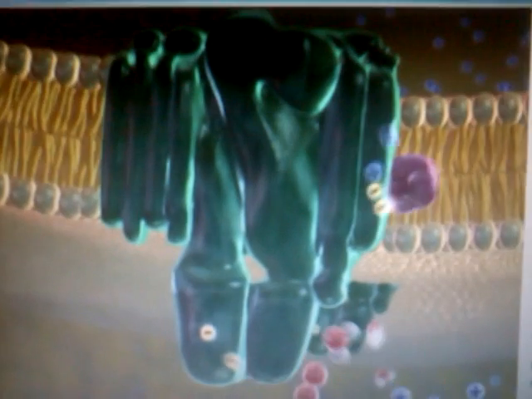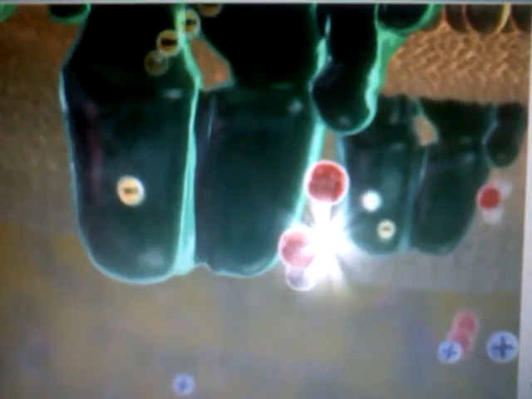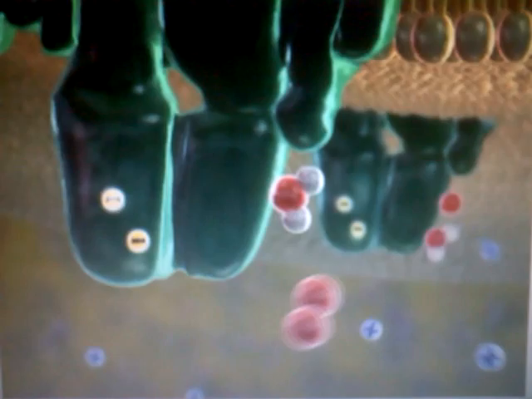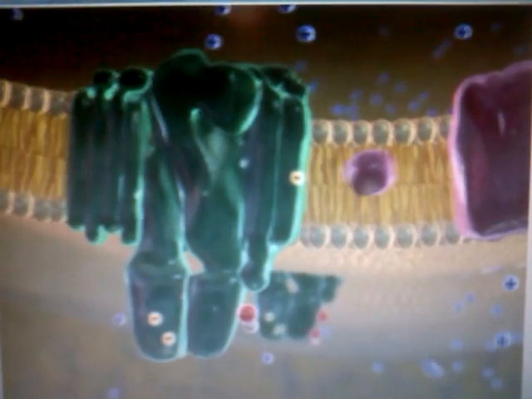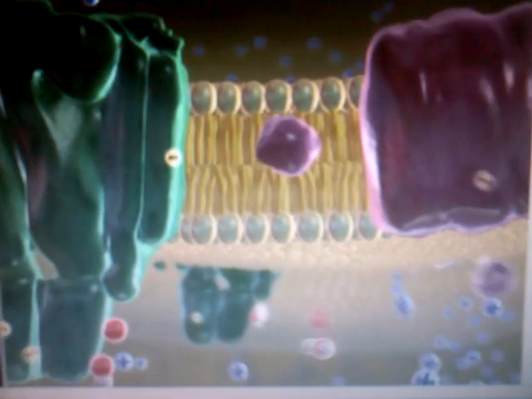Now let's take a closer look at the steps of the light reactions. The photosystem on the left absorbs light energy, exciting electrons that enter the electron transport chain. Electrons are replaced with electrons stripped from water, creating oxygen as a byproduct. The energized electrons flow down the electron transport chain, releasing energy that is used to pump hydrogen ions, the blue